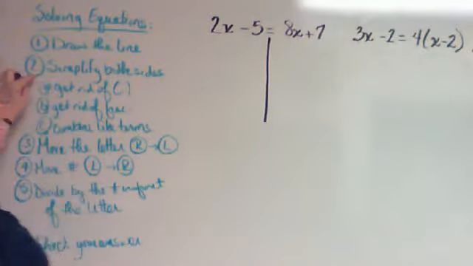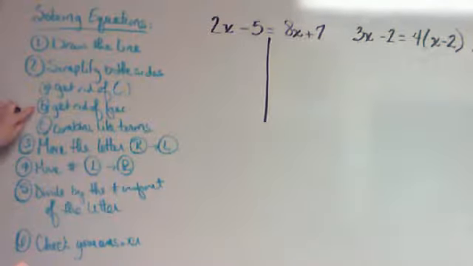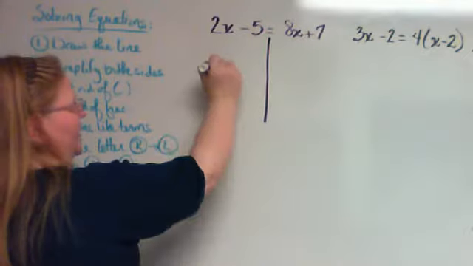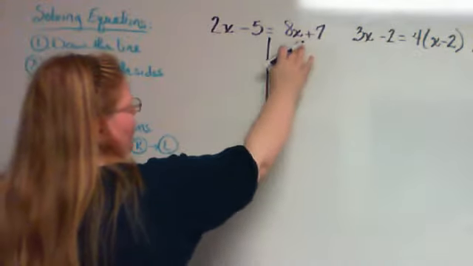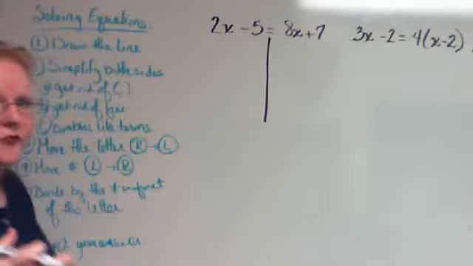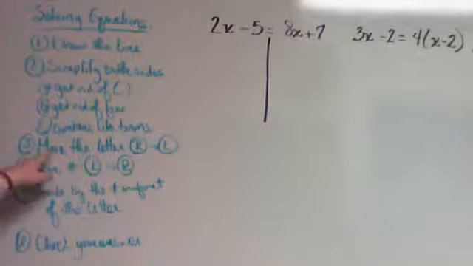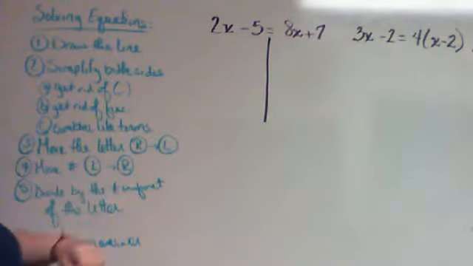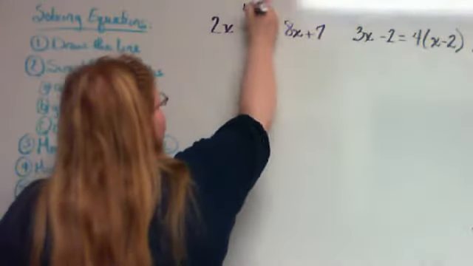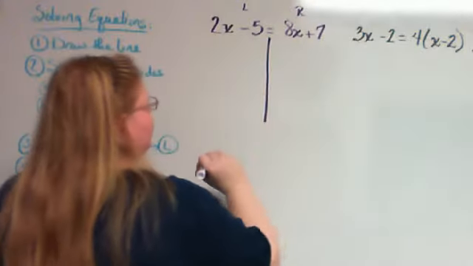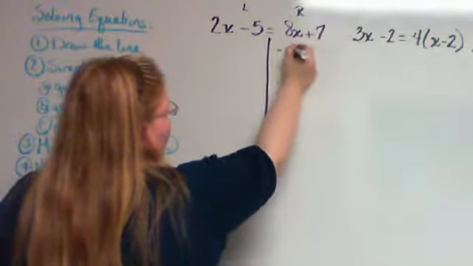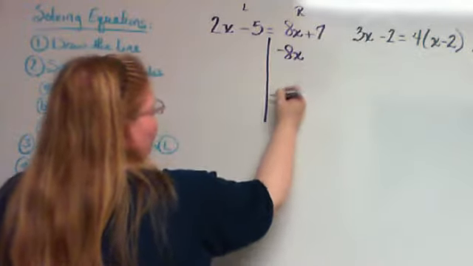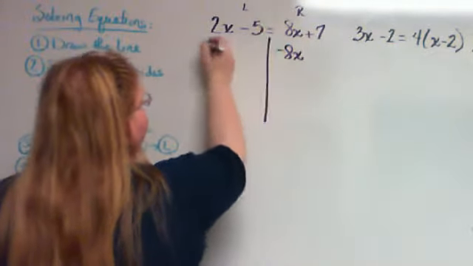I don't have any parentheses. I don't have any fractions. I don't have like terms on this side, and I don't have like terms on that side. So it's down to one letter and a number and one letter and a number, which means I can move on. So now they want me to move the letter from the right-hand side to the left-hand side. Well, this is my left-hand side and this is my right-hand side. So the letter on my right-hand side is an 8x. I want to get rid of my 8x, so I'm going to subtract 8x because it was added up here.